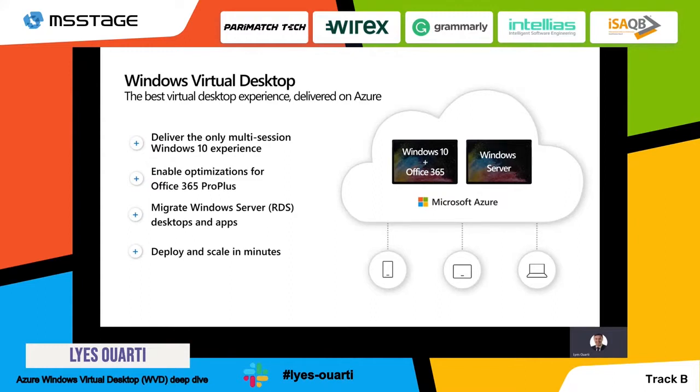But we make it multi-session, which means that if they deploy one session host, which is one VM, many users can connect to the same VM, therefore decreasing their cost, but making sure that their applications work as normal because it's the usual Windows 10